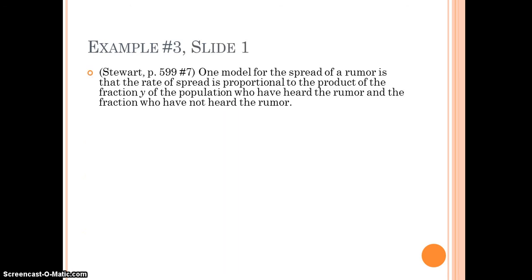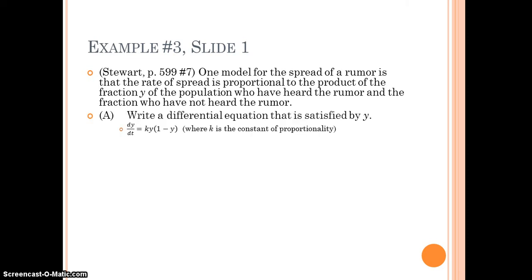Example 3. One model for the spread of a rumor is that the rate of spread is proportional to the product of the fraction y of the population who have heard the rumor and the fraction who have not heard the rumor. Part A, one of the things that the AP exam asks you to do is write differential equations that model certain situations. So in this case, they asked us to write a differential equation that is satisfied by y. We say dy/dt is equal to k times y, where k is our constant of proportionality,